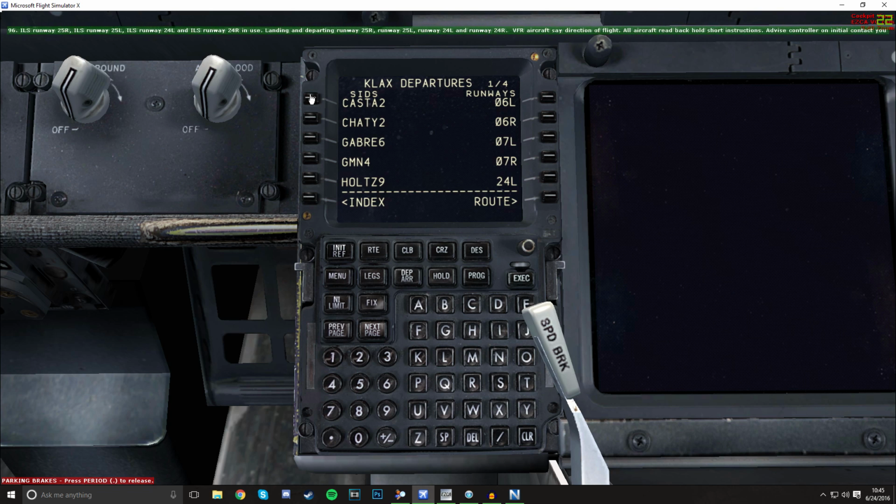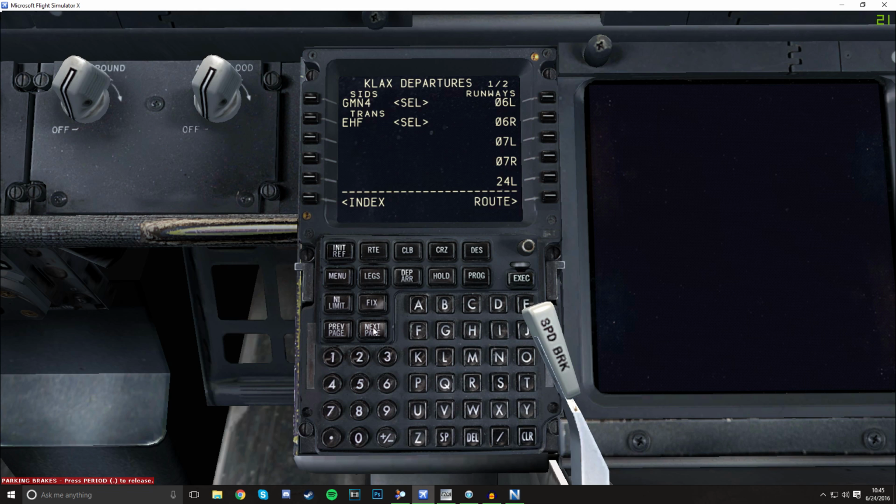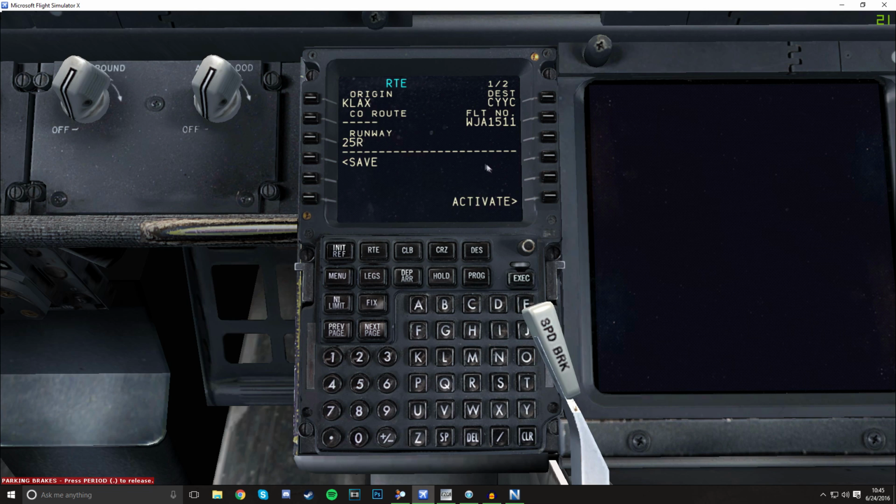Our flight plan today, we are departing out of Gorman 4, and our transition is Echo Hotel Foxtrot. And swipe over to 25 right and route. Now what we could do, everything is good. So next page, and let's go ahead and put this in. So direct to FRA